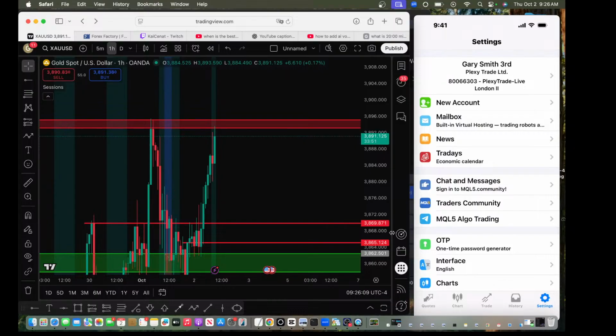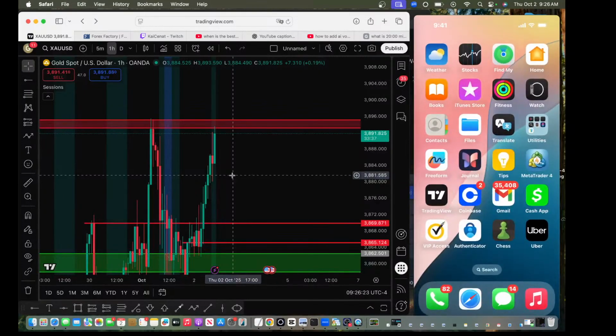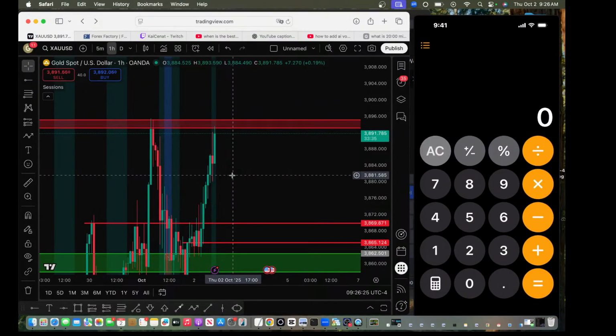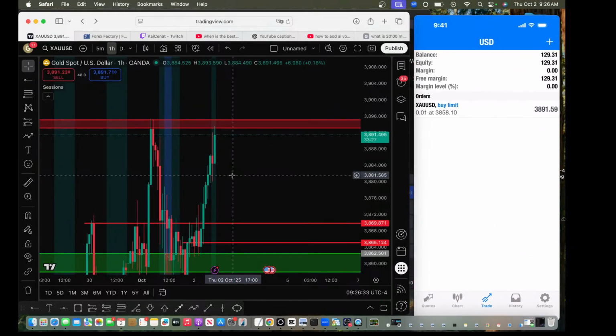So I messed up a little bit last night. Again, I was supposed to stay in this trade that, as you can see, price is currently going up. I would have been up way more. So I would have been up like, let's see, 2 times 29. I would have been up like $58. So, not that bad. All right, y'all.